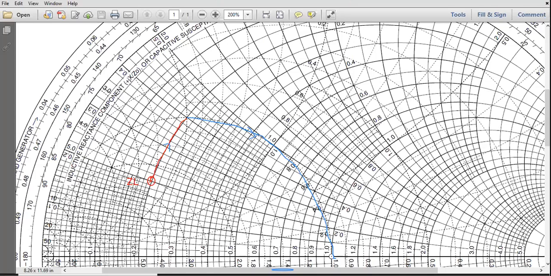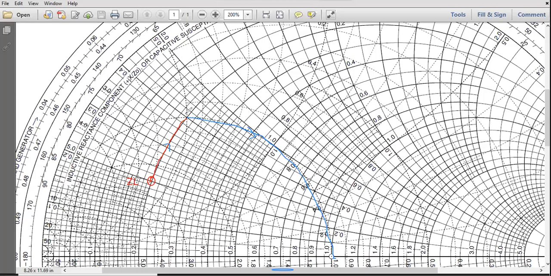This circle is which circle? The very first ZL is located at which circle? Impedance or admittance? Is the red line the impedance circle or the admittance circle? Quickly. Impedance. Correct. So first is the impedance circle. So in the circuit, will the first element be in series or parallel? Series. First series, correct.